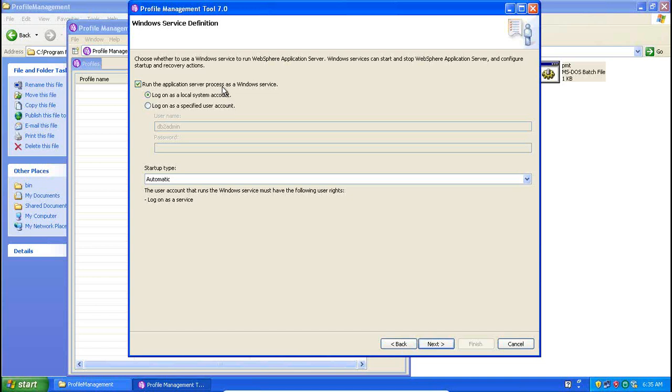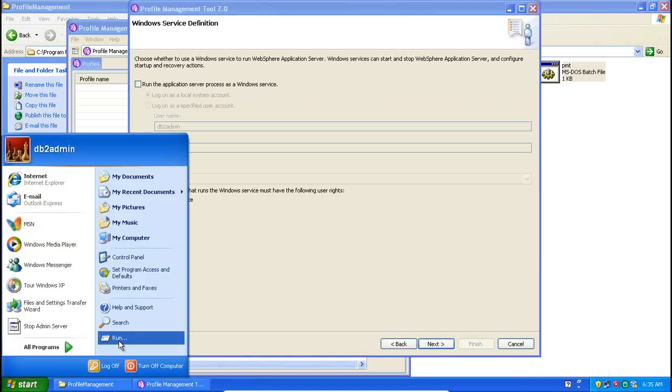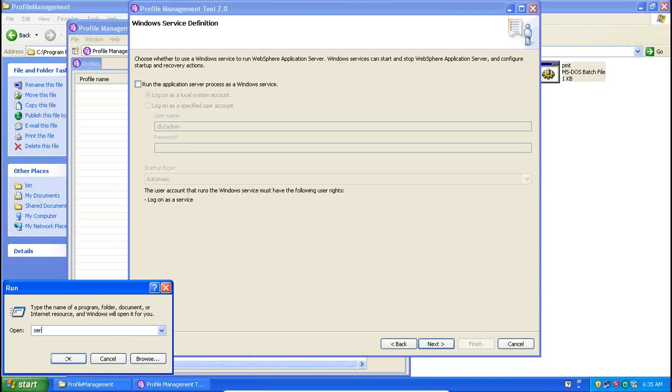See, run as Windows service. How many of you know what is a Windows service? Go to run, just type services.msc.